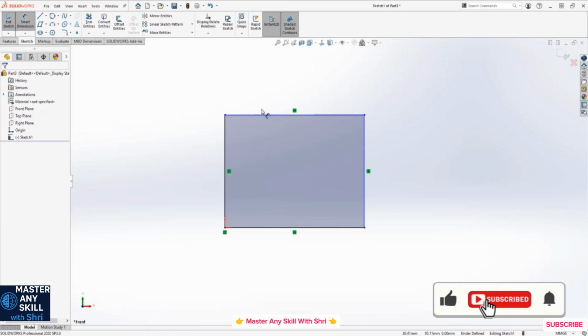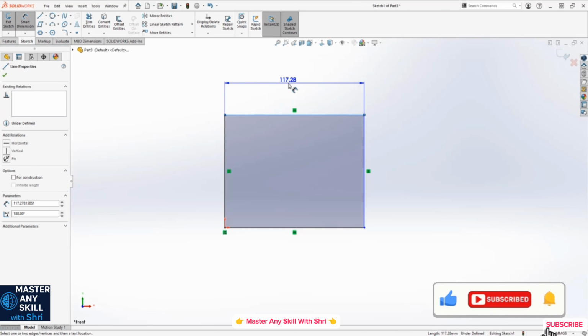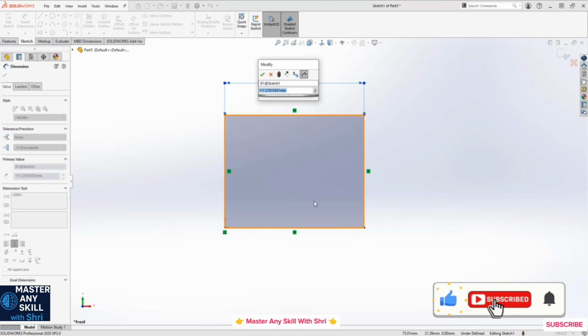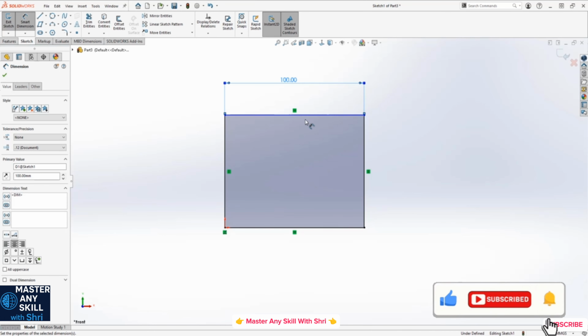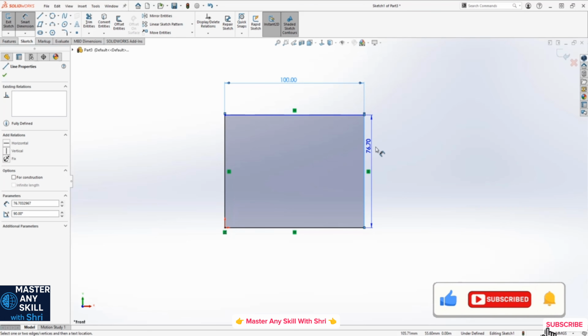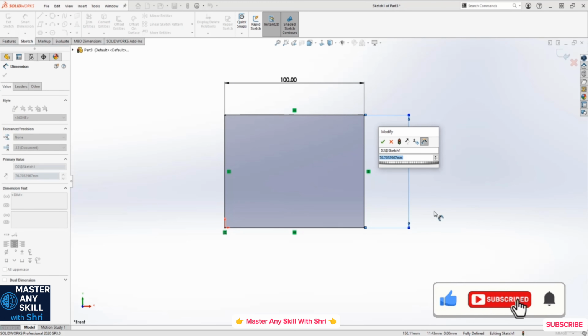All right, I'll click on this line, and then I'll click here. When I do that, SolidWorks will add this constraint here, and this is basically the current length of this line. It's 117.28. I'll make it 100 units. So I'll just type 100 and I'll press enter. All right, now this length is 100. And let's do the same here. So I'll click on this line, I'll click here, and I'll just type 50 for this, and I'll press enter,